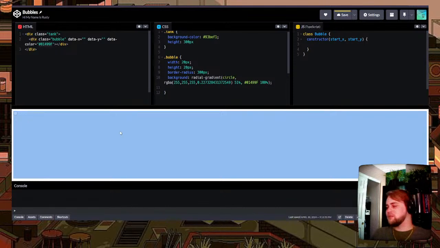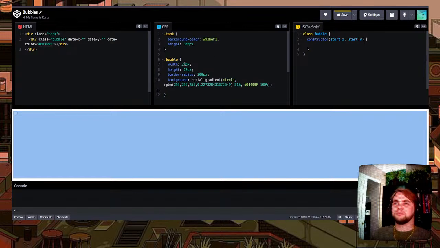We'll grab a couple of images off of Google, and basically our little bubble here, it's very small. Let me bump that up so you can see it. There you go. This is going to be our little bubble. So all we have to do is make the animation, have it move up. In order to do that, we're going to position it absolute or fixed on the screen and use the X and Y on the div class. So that's why we're messing around with the attribute